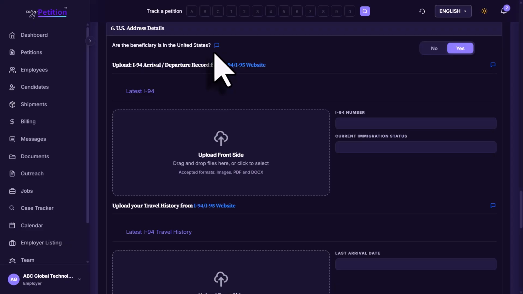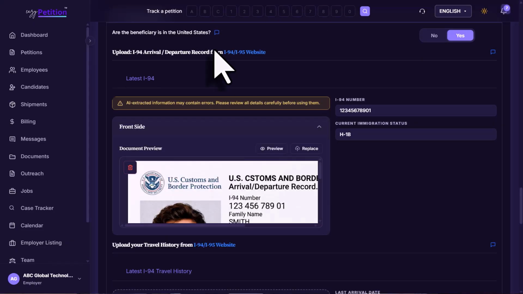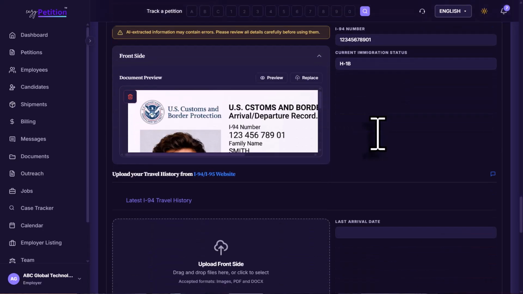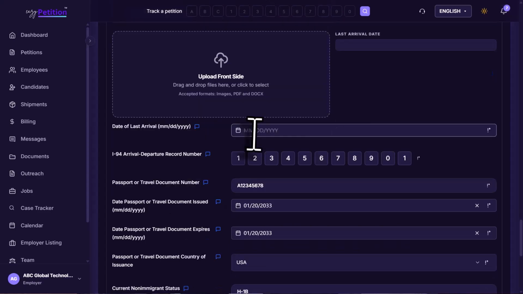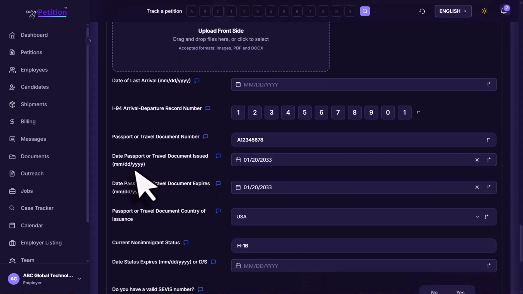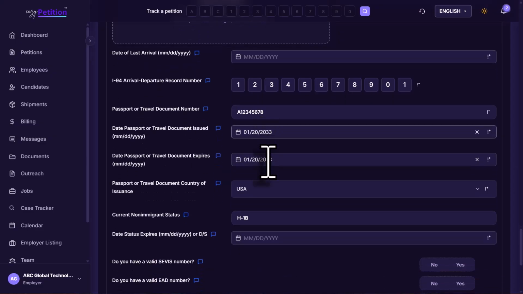As you can see, I have uploaded the I-94, and the I-94 number along with the current immigration status has already been extracted through OCR. You can add the travel history document here. Along with that, you have to mention the date of the last arrival. Arrival departure record number has already been filled along with the passport or the travel document number. Then the date the passport or travel document was issued has already been filled here, along with the expiry date and the